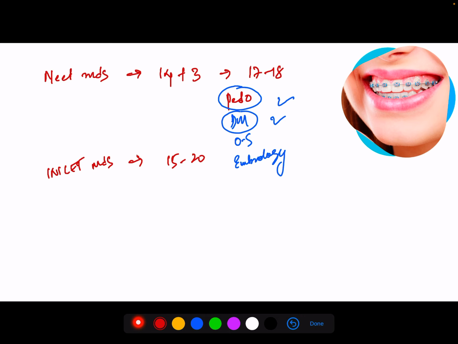And why I'm stressing ortho is totally going to be a unique subject among the list of your 8 clinical subjects which are going to be in your part B. And I hope you know that your NEET MDS paper is being divided into part A and part B. Part A is going to be for 100 marks, and part B is going to be for 140, and part B will be focused more on your final year subjects, your 8 subjects. And out of these 8 subjects, definitely ortho is a unique subject.